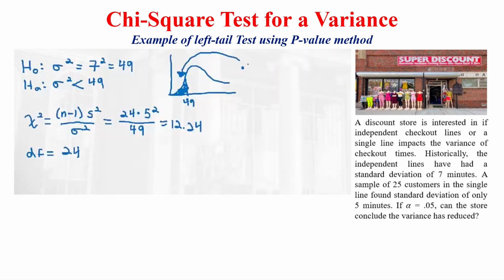That gives us our p-value of 0.023. And because that is less than our alpha of 0.05, we will reject the null hypothesis in favor of the alternative. It appears, based on our sample, that the variance has reduced, or specifically the standard deviation has reduced from 7